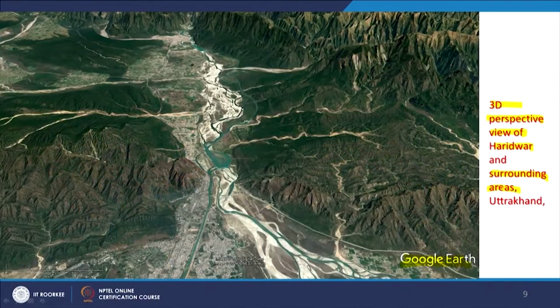For example, a geologist will see it in a completely different way. A civil engineer will see this 3D perspective view in a completely different way, and a person who is interested in climbing or mountaineering or other things will look differently. So the same perspective view, the same 3D view, can be used differently by different people. Geologists will try to interpret from a structural point of view or from a stratigraphic point of view